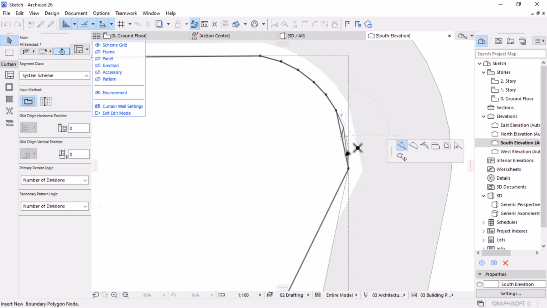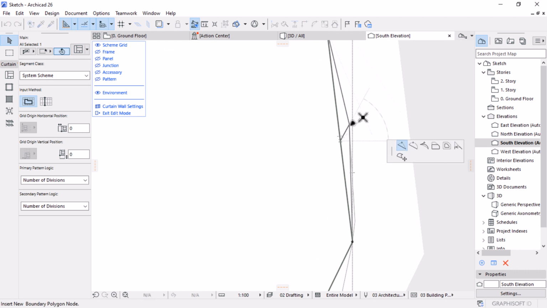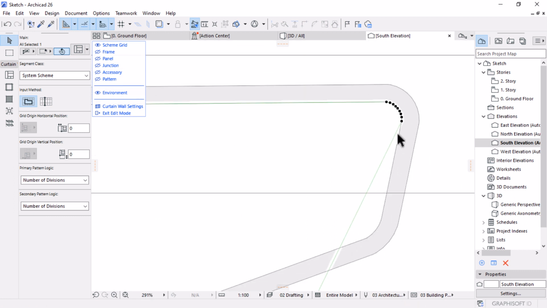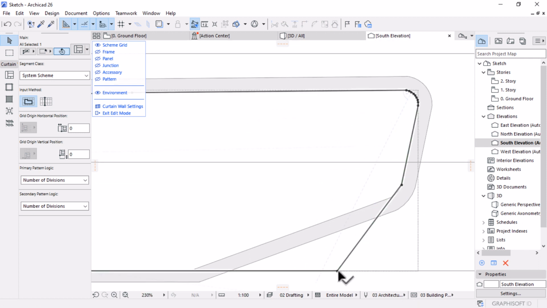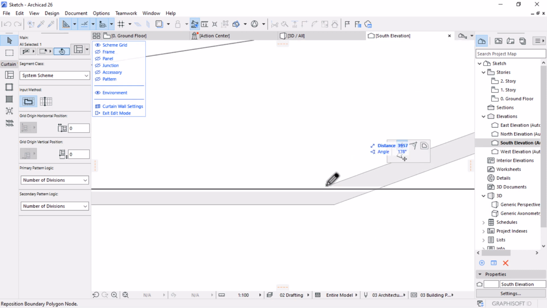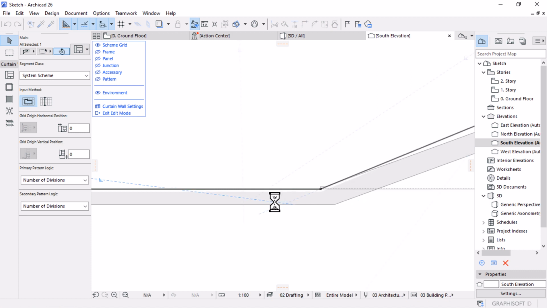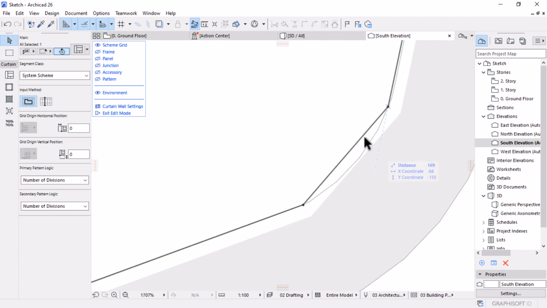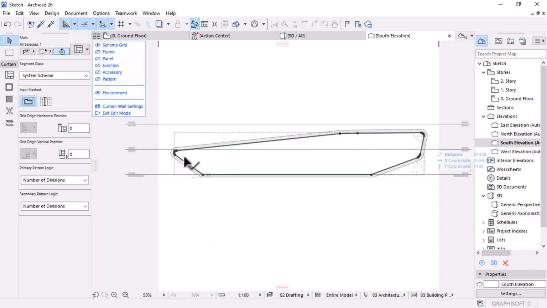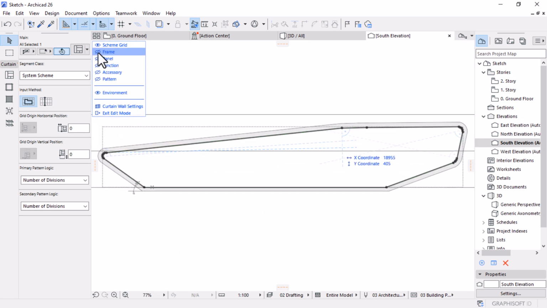Let's just complete this, zoom in, place it there. Let's move on to this side as well. Take this point to here, and then let's start by creating this curve to add segments. Like that. There we go. So now we have this geometry, and we can now activate our frame